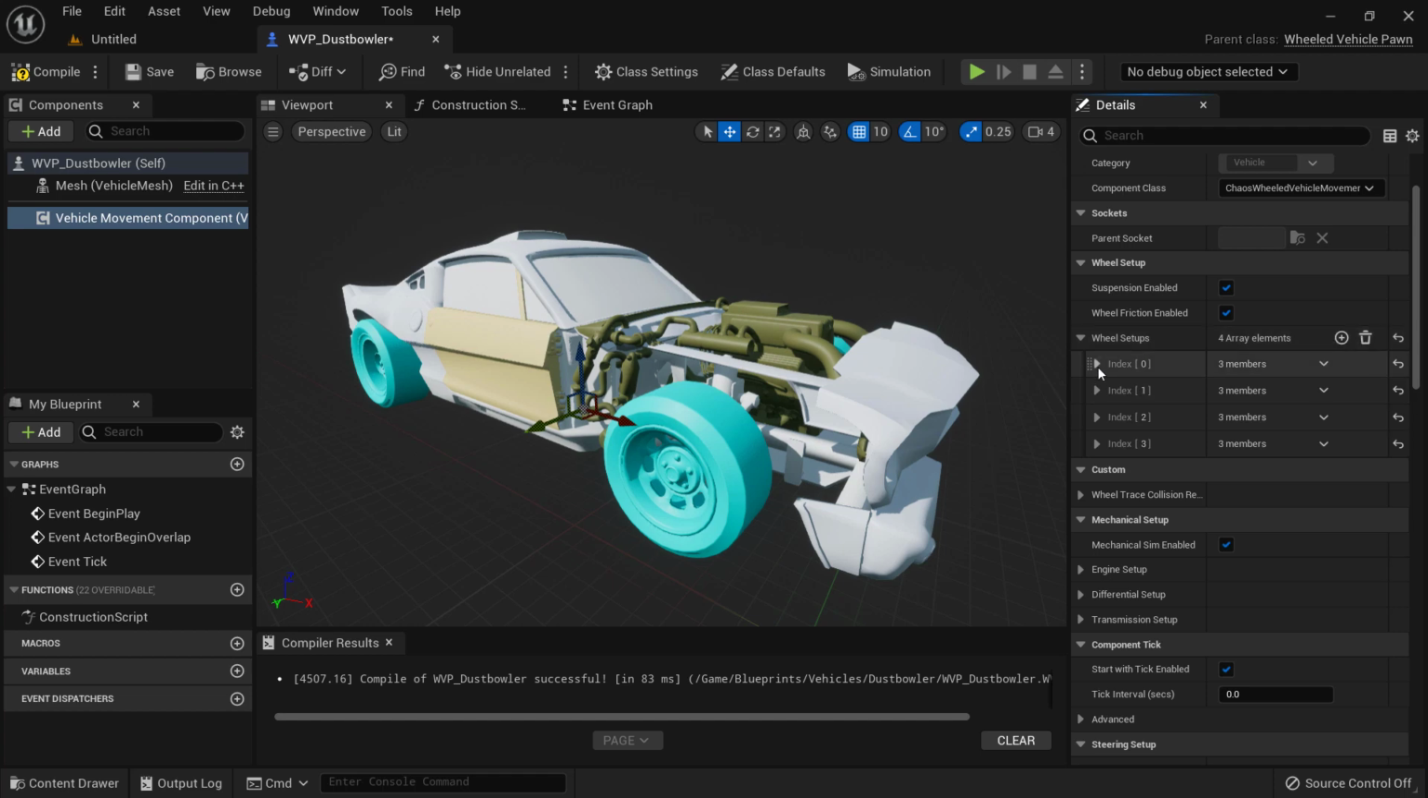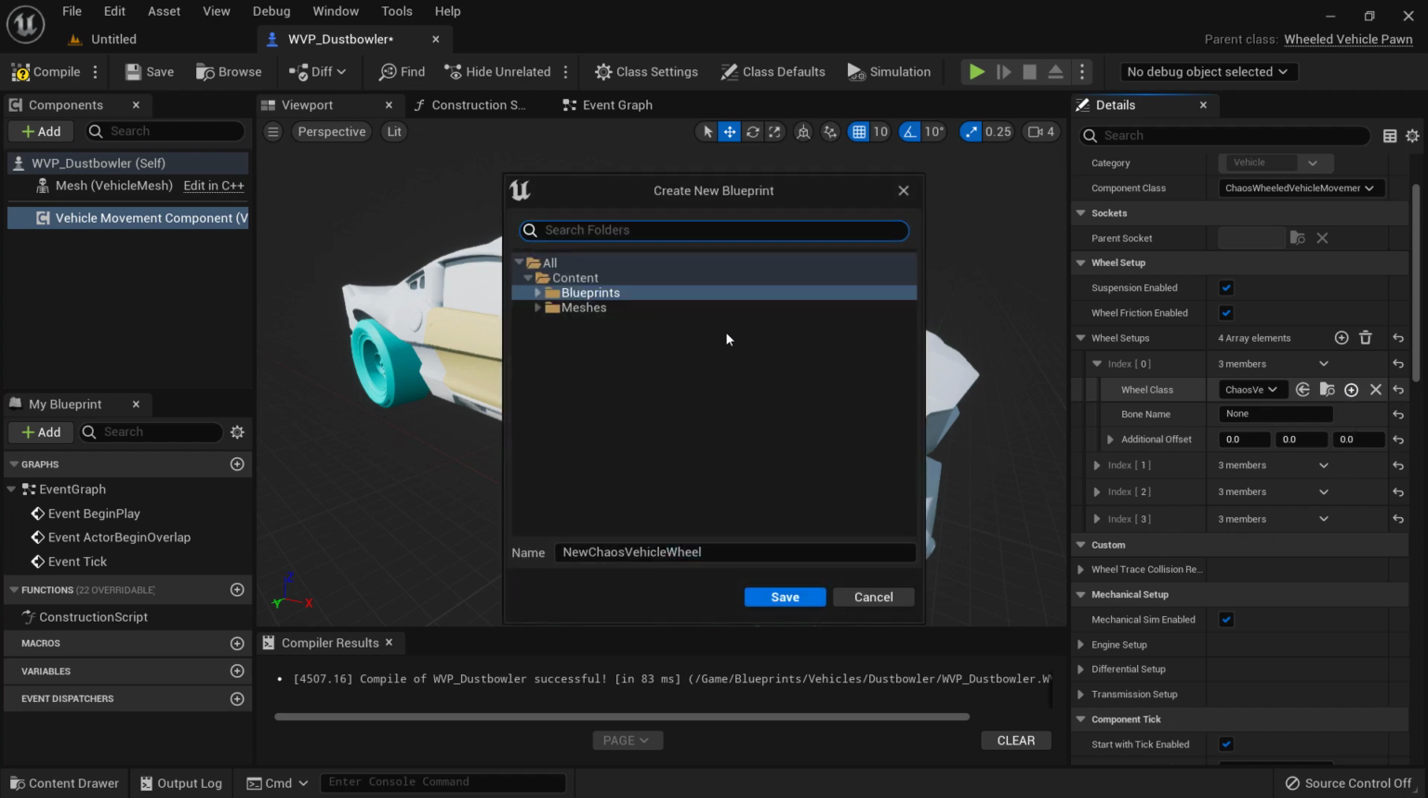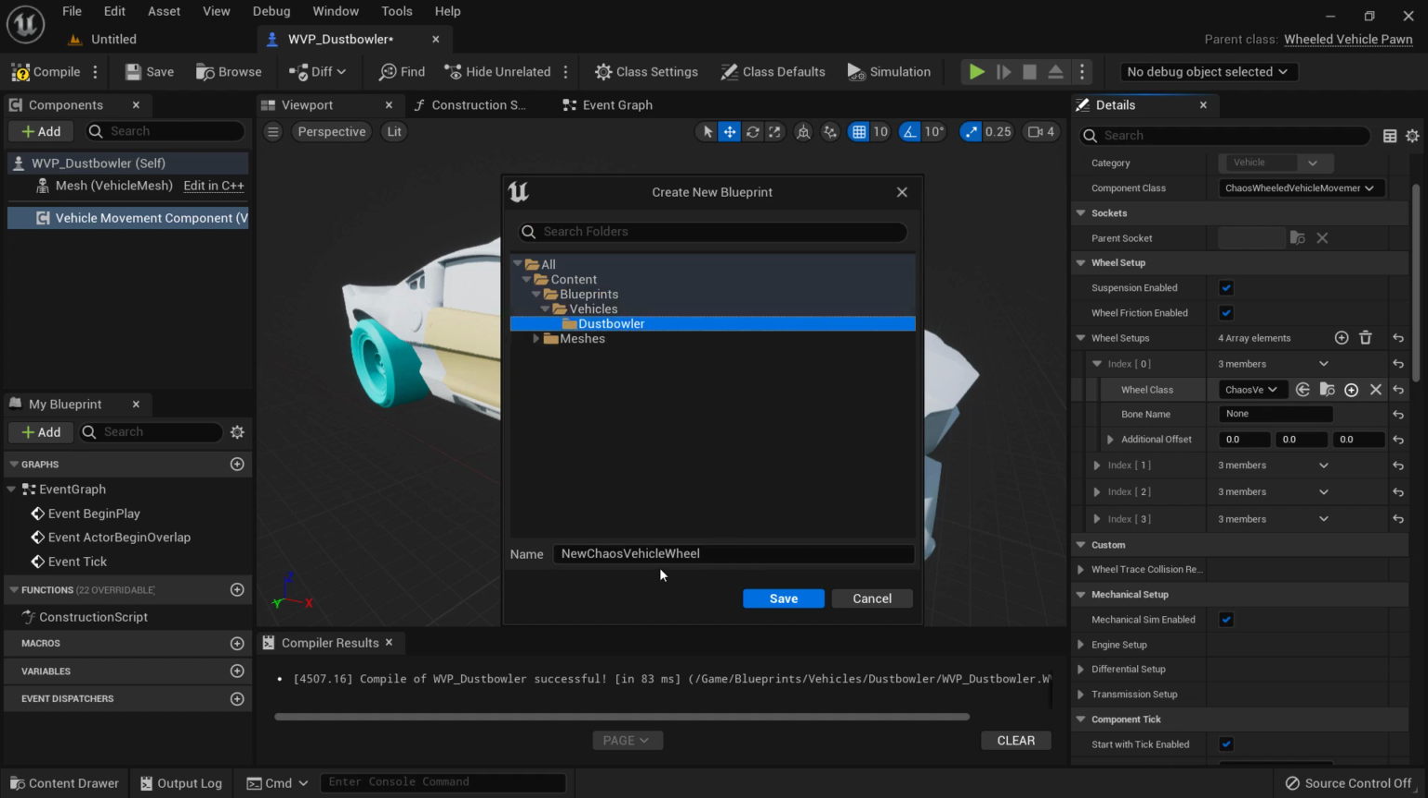Right. In this first index, if you expand this, you can see that there's this wheel class and there's this bond name and additional offset. For the wheel class, we need to create one. So I'm going to add this create new blueprint, and then it asks where to save the new blueprint. So now I'm going to expand this blueprints part, vehicles, Dustbowler, and select the Dustbowler folder, and I'm going to rename this as Dustbowler